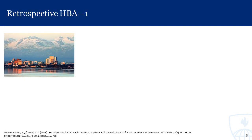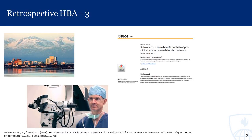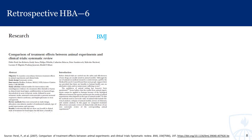So this is Alaska, and this is a neurosurgeon, Marius Maxwell, and he funded me to do a little bit of research with my colleague at the time, Christine Nicol, when we were both at the University of Bristol. And it's difficult to conduct a retrospective harm-benefit analysis because you need existing data on benefit. And I've shown that that doesn't exist except in quite disparate sources. So what we did was we went back to the study that I mentioned just earlier, conducted by Pablo Perel, this coin toss study,